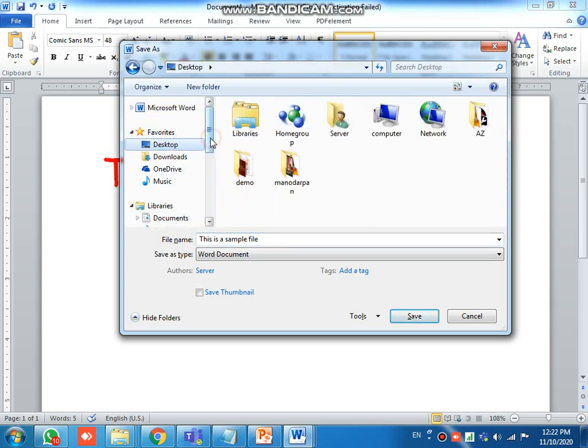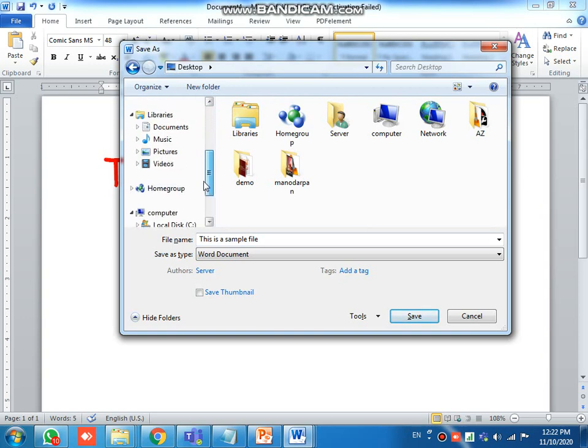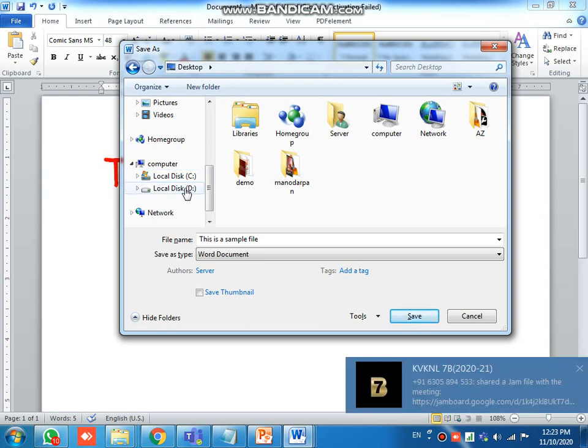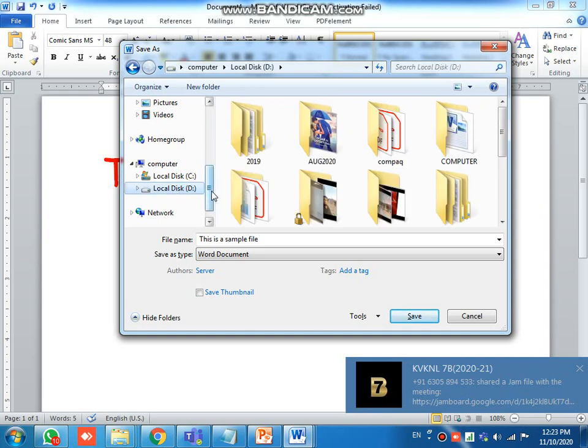I strongly recommend that you don't save your files on the desktop or in the C drive. Why? If the system crashes or there is any hard disk problem, all the data you put on the desktop or in the C drive will be erased. So I recommend using another drive other than the C drive.